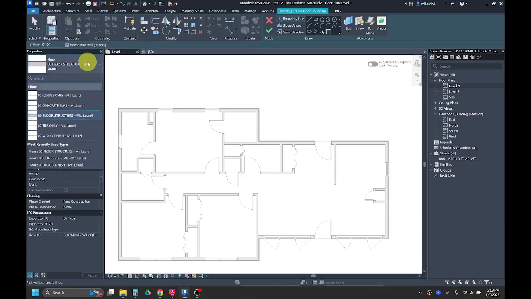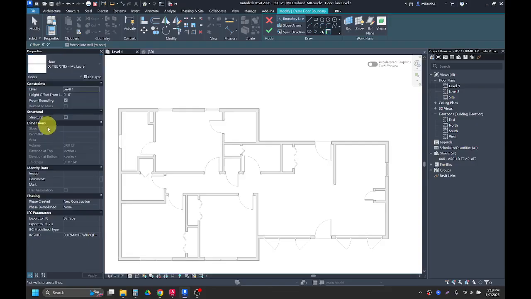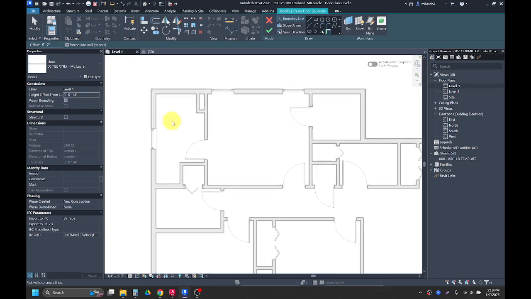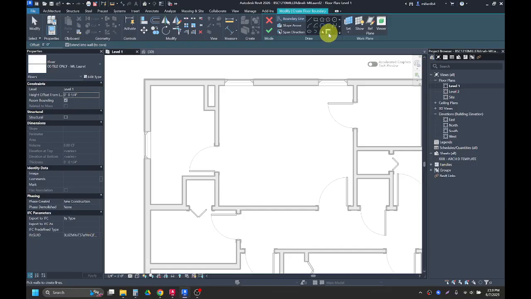and I'm going to change my floor type to, let's just make it this tile only. I'm going to take note of whatever the thickness is, and then I'm going to give my tile floor a height offset of that thickness. So I'm going to give it a height offset of positive 1/4 inch. So that way it'll just float kind of above my subfloor. Instead of using this pick wall tool, I'm actually just going to click on my draw line tool, and I'm